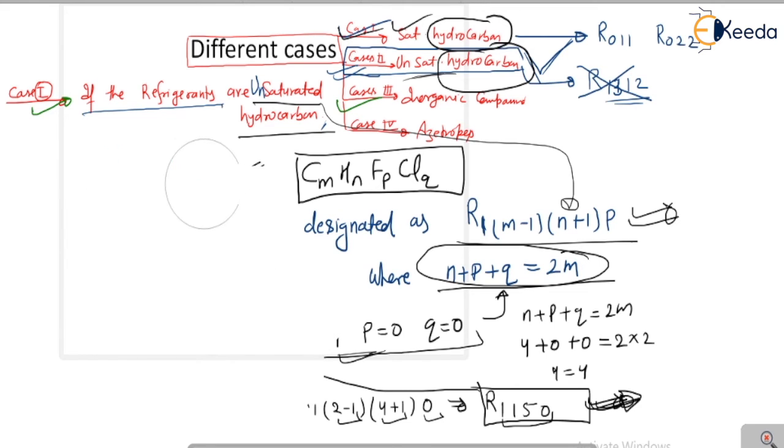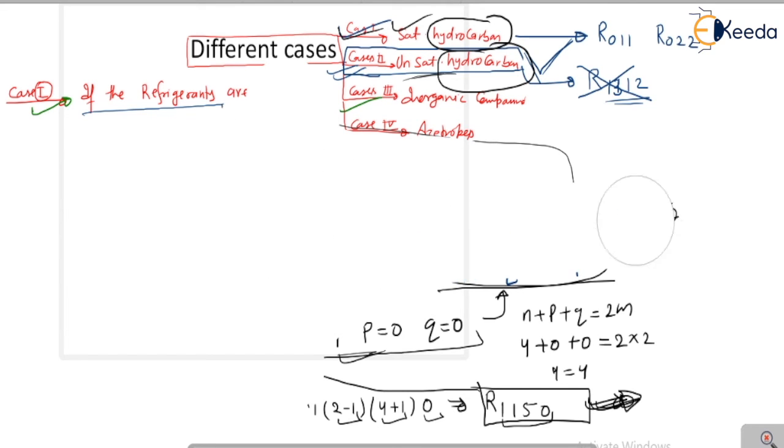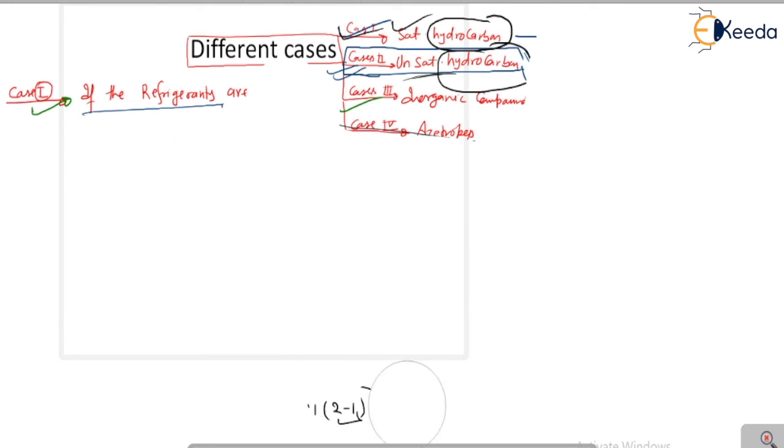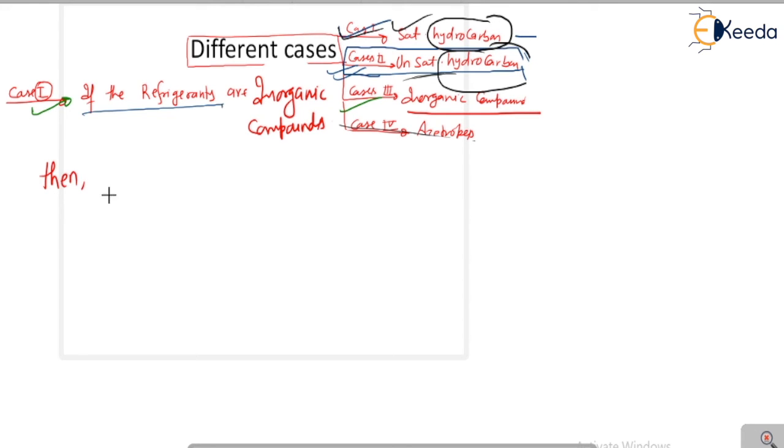If your refrigerants are inorganic compounds, what will you do in that case? If your refrigerants are inorganic compounds, then such refrigerants are designated as